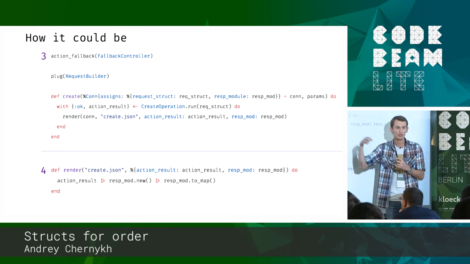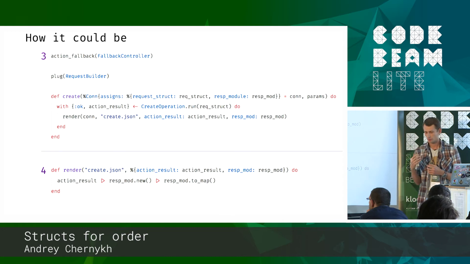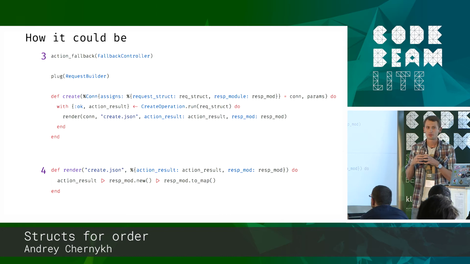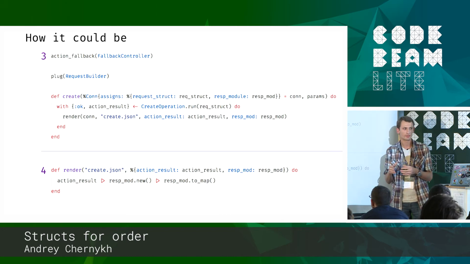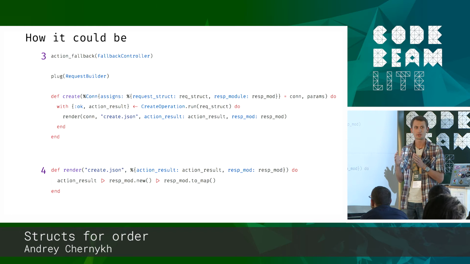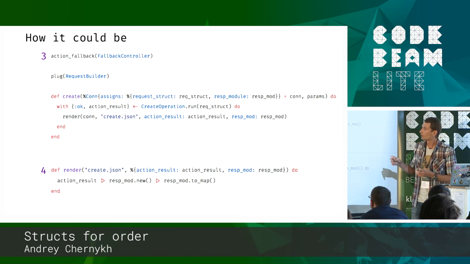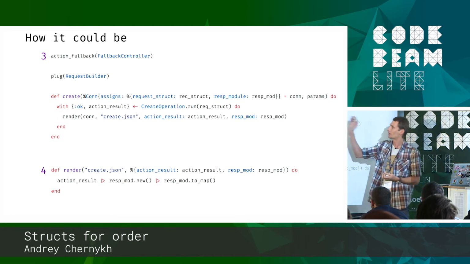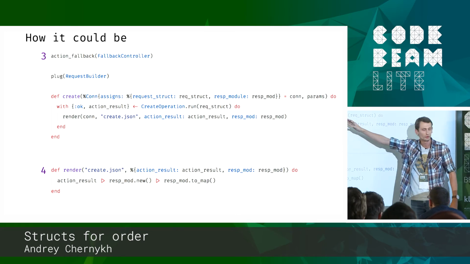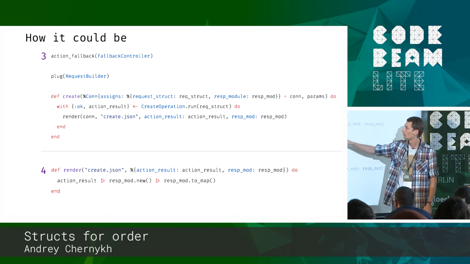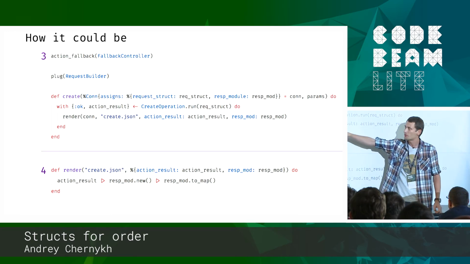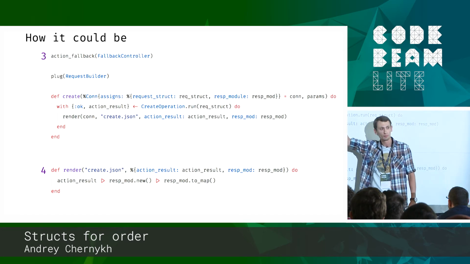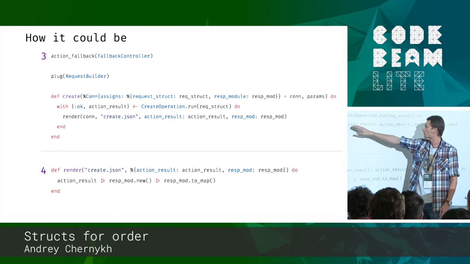And this structure, by invoking a constructor of this module, we know that this data has been validated, it's full, consistent, and we can trust it. Then simply we do the actual action, delegate this work to separate module, get some result. If this module returns an error tuple, it will be handled by fallback controller. If it's okay, we just